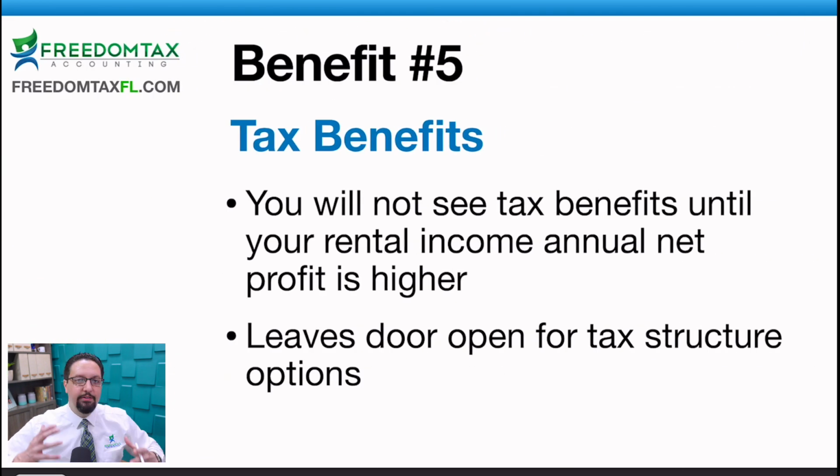So now let's go to the fifth benefit, which is tax benefits. Okay, and we're gonna go a little bit deeper here. Okay, now if you buy real estate under your name and if you buy real estate under the LLC, unless you are in a higher income tax bracket, you're really not gonna see a lot of difference, and I'm gonna show you why. But the benefit of the LLC is that it keeps the door open to have options in